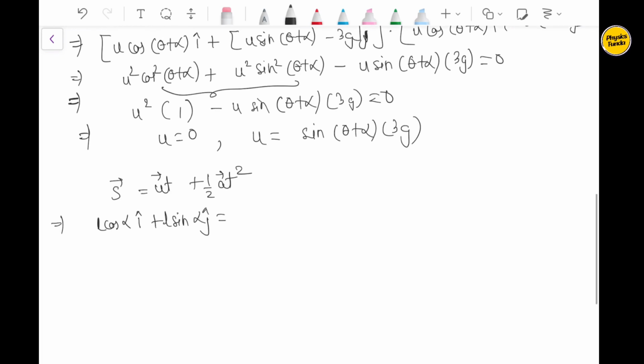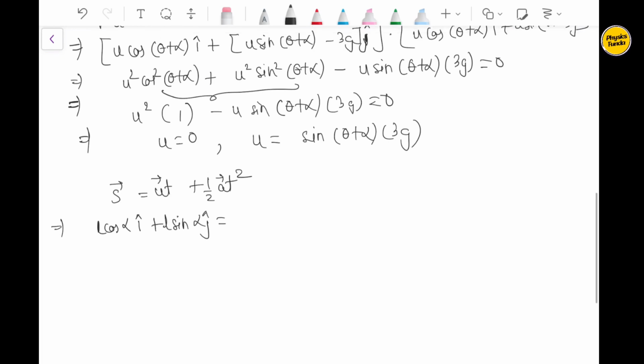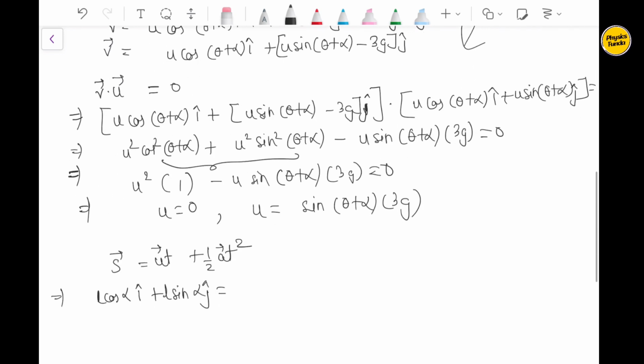In terms of vector, this is equal to u vector times t. So the u vector I had is u cos theta plus alpha i cap plus u sine theta plus alpha j cap times t, and t value is 3,